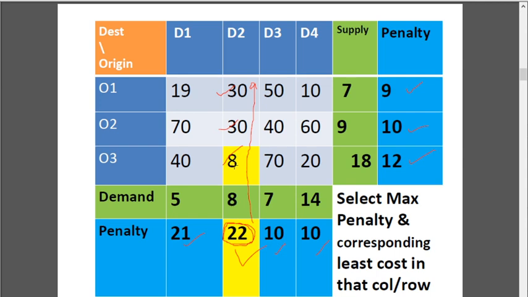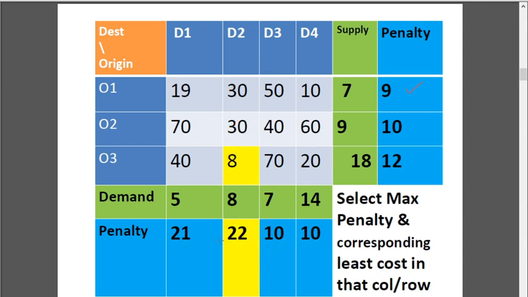Among these, select the cost which is least, that is 8. Select this. Don't consider the demand values and the supply values. Don't consider the row and column marked in green color here. Only consider the cost. So we'll repeat this.